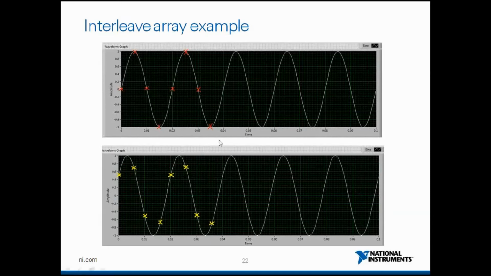For the next iteration, the waveform shifts. You see I've given it a shift of about 30 degrees, but the samples are taken from the same point, the point corresponding to the x-axis, at the same intervals. So now I have another array with 8 different points. If I put these points and these points together, I will get a complete waveform. That is when you can go on to using interleaving in arrays.